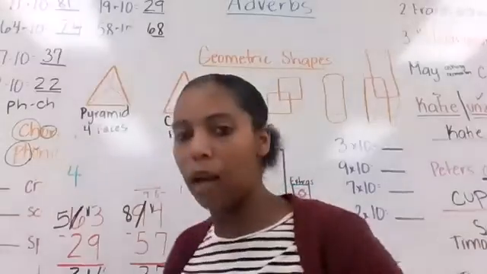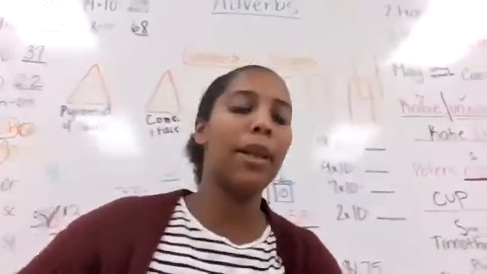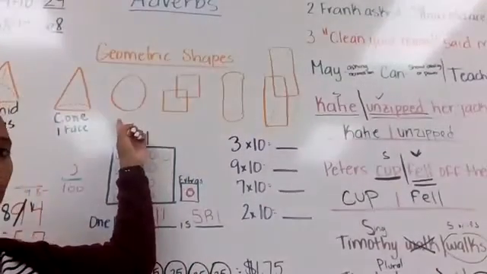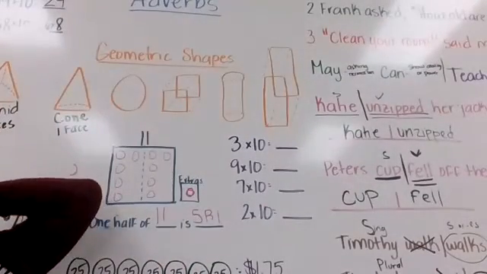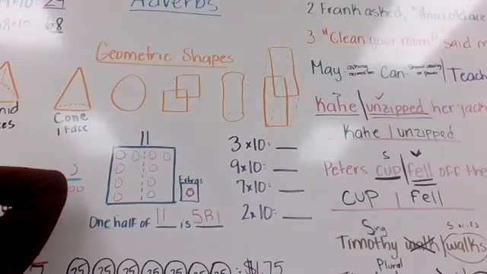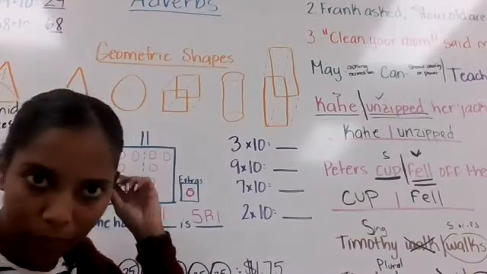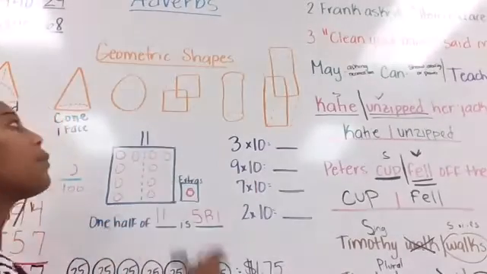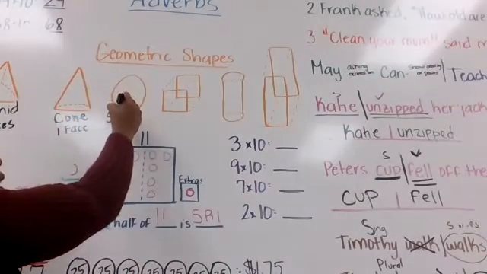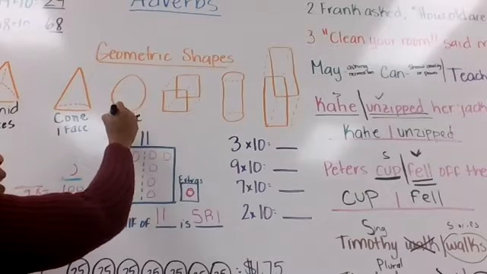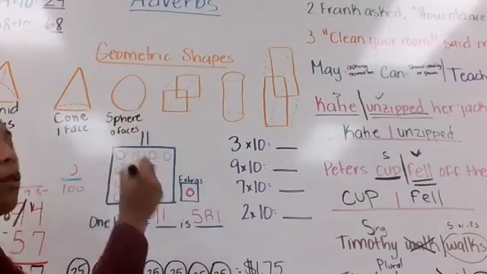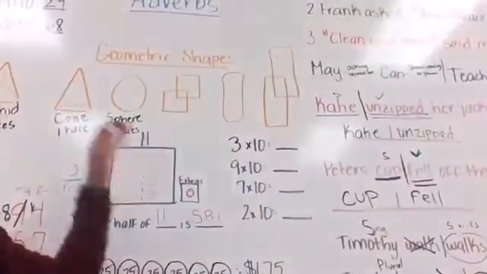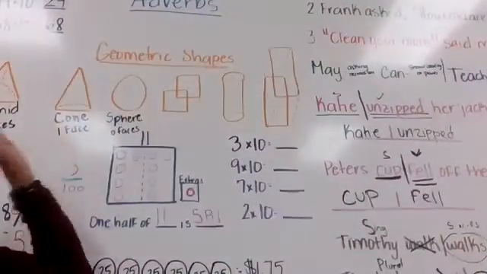All right, let's look at the next one here. It looks like a ball, but it's not quite a ball. I mean, it looks like a circle, but it's not quite a circle. It's more like a ball. Does anyone know what this geometric shape is called? Lyric? Oval. Not an oval. This is called a sphere. A sphere has 0 faces because it's circular all the way around, so there are no faces. So we have pyramid, cone, sphere.